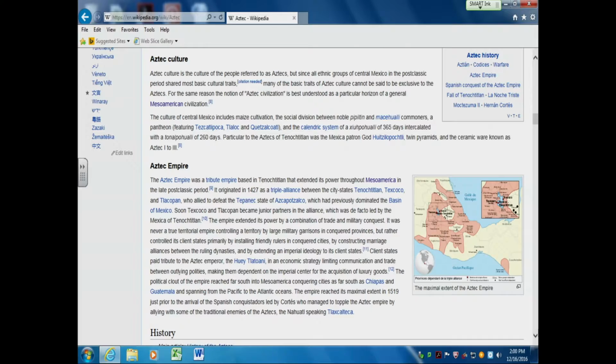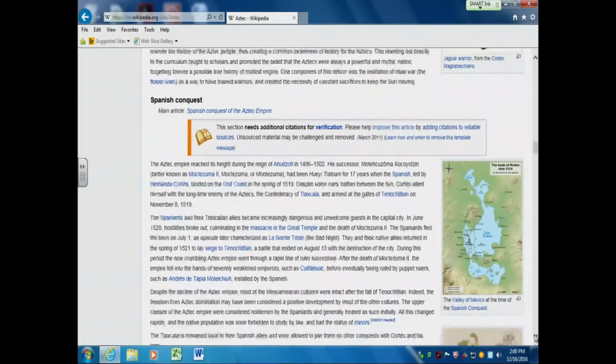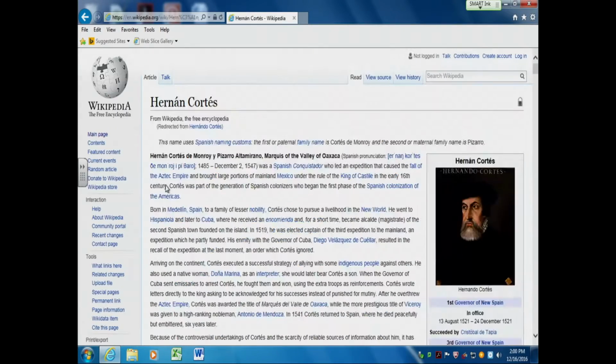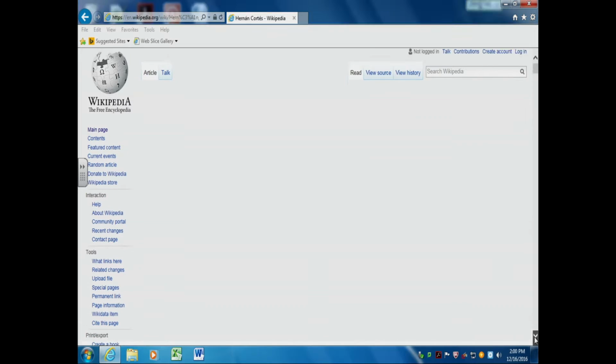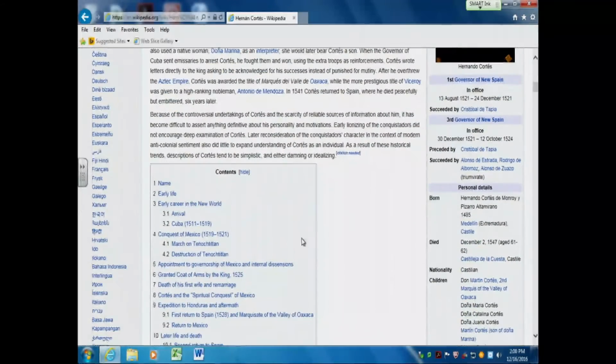And then you have one Hernan Cortez, who, if he were alive today, I would advise him, guy, just go out and buy lottery tickets, because he was one of the luckiest guys in the history of the world. And here he is. There's a portrait of Cortez in his later years. Just as in the Crusades, he was a member of the lesser nobility. Why did he come to seek his fortune in the Americas? He was a younger son. He wasn't going to inherit anything. So this lesser nobility, the hidalgos as they were called by the Spanish, came to the New World seeking fame and fortune.